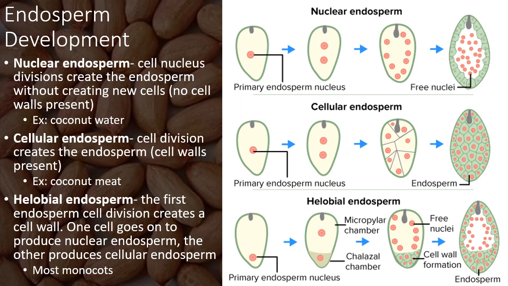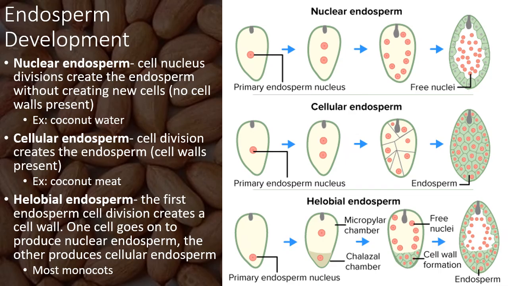There's basically just one giant cell containing a huge number of nuclei. And a good example of nuclear endosperm would be coconut water. So if you've ever cracked open a coconut and spilled out the coconut water inside, that's an example of nuclear endosperm. Because it's all one kind of giant cell,